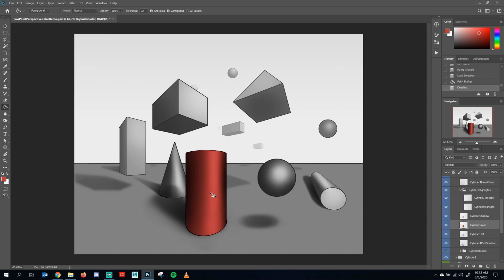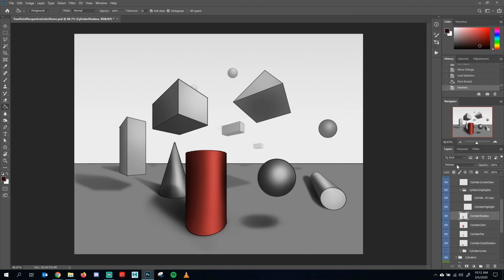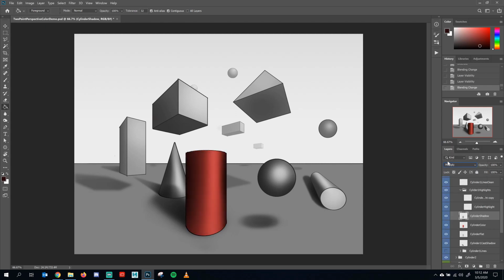But you can see now that if I start color sampling in here, my highlights are going to be lighter reds. If I go to my shadows, they're going to be darker reds, right? Instead of, for example, if I took my cylinder shadow and made it a normal, at some point in here, these are just going to turn into grays, right? So you want to make sure that you maintain your shadow layers as multiplies and your highlight layers as overlays. If you haven't done that yet, you're going to want to go through and fix that before you start applying